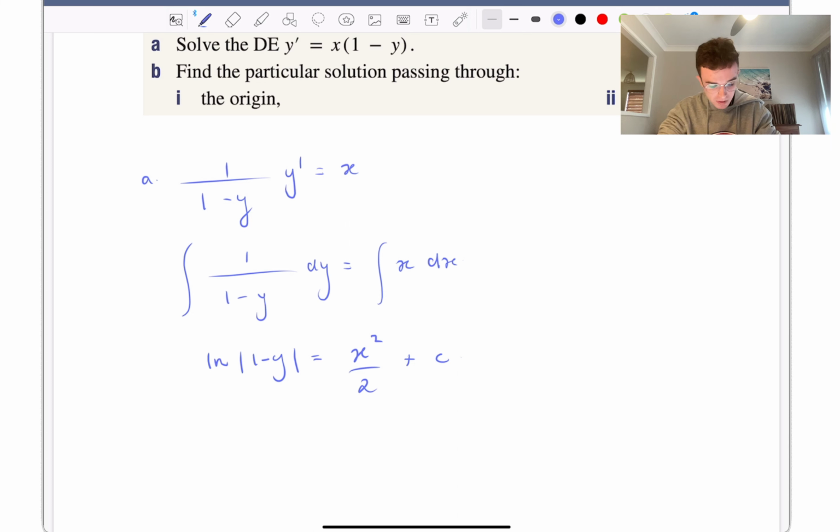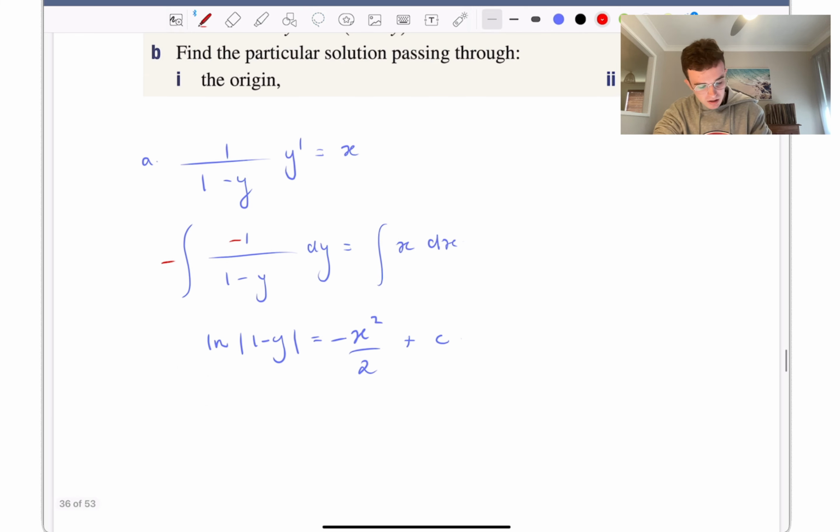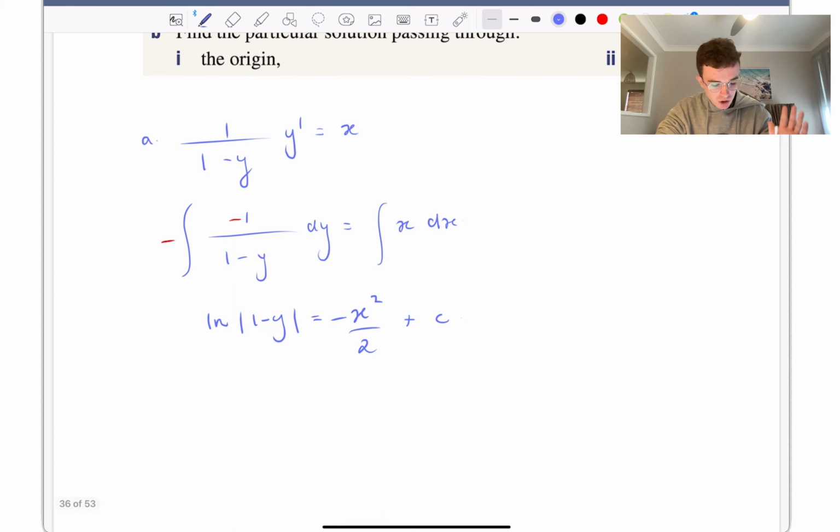So because of that, we need to put a minus out here. Because the differentiation of 1 minus y is minus 1, we need a minus here and a minus there. Now what I might do is put the negative over there to make it a bit easier. Okay. So we haven't quite found the solution yet because we need to make y the subject to find this particular solution. So we're going to take the e of both sides and say